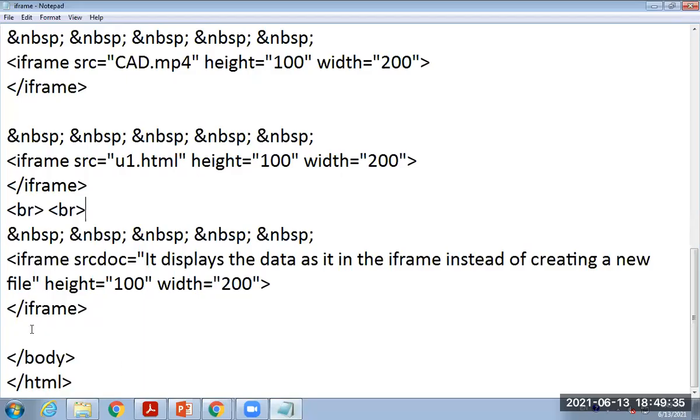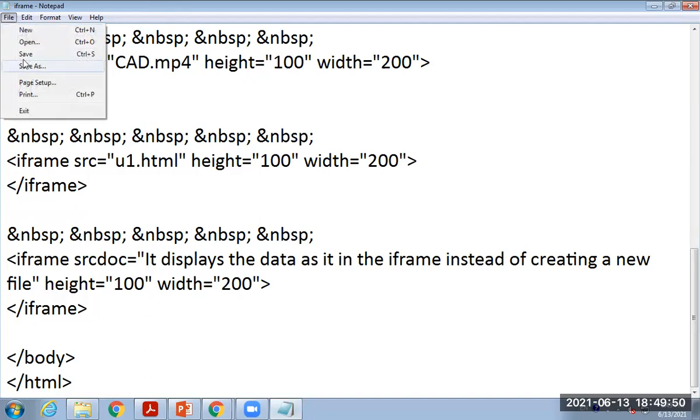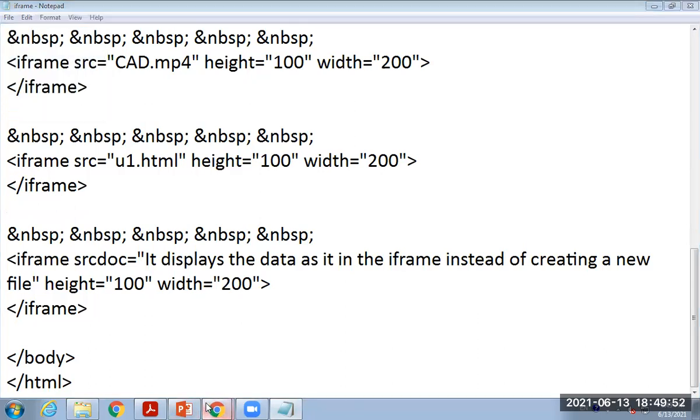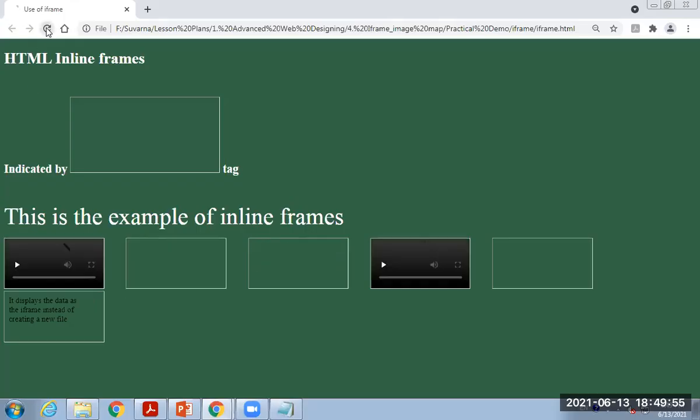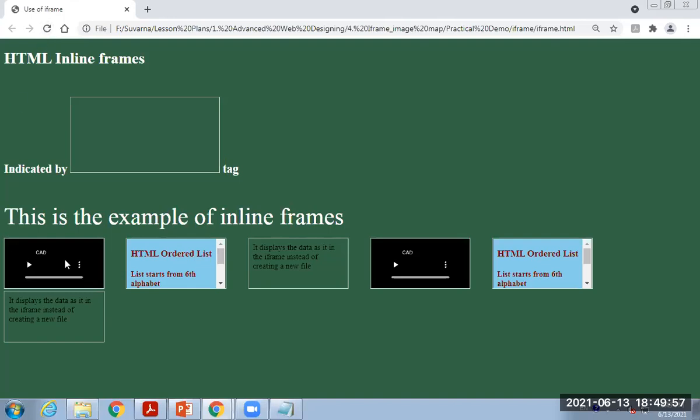In this way, you can generate. It is not having the proper height and width, therefore we will remove it. Again, save the file and then run it. Now it is exactly below the first one.